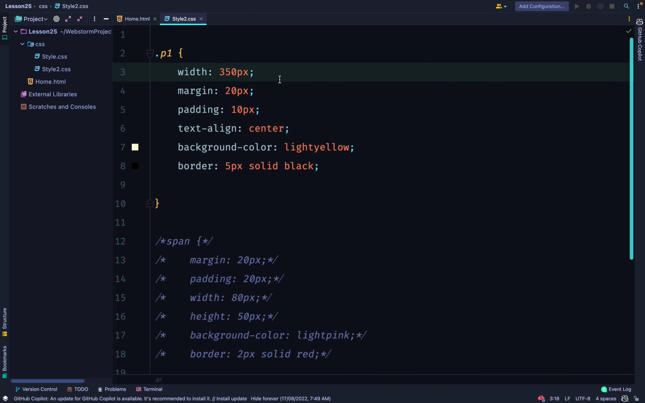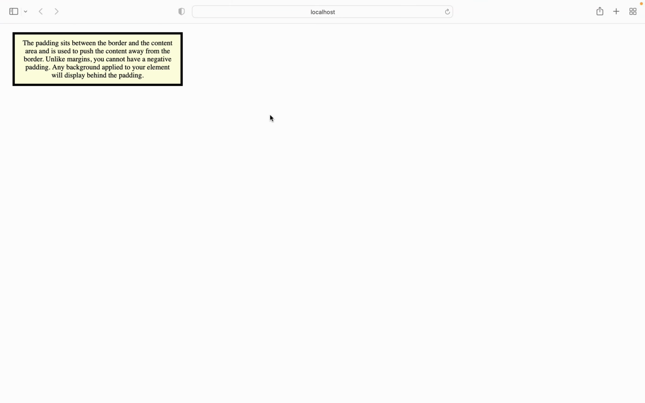We have our P1 class. Notice that below it, we have the span, but it's commented out. We will get back to that. For now, we have our padding, background color, and border. So this is the output. We have our text, and the elements that we have span around, nothing is applied to it because that CSS